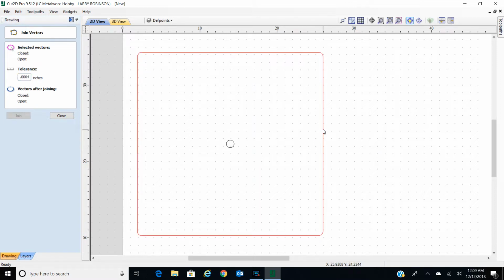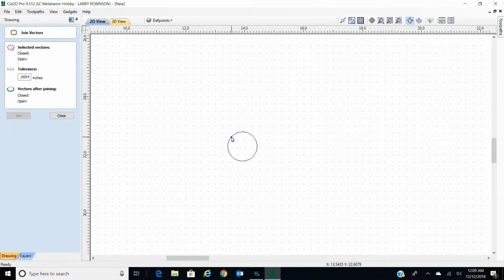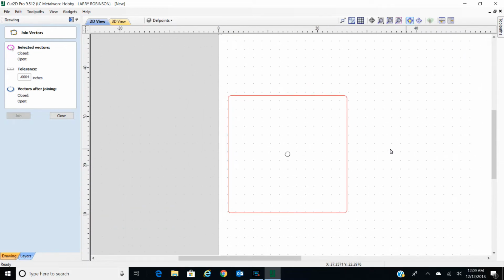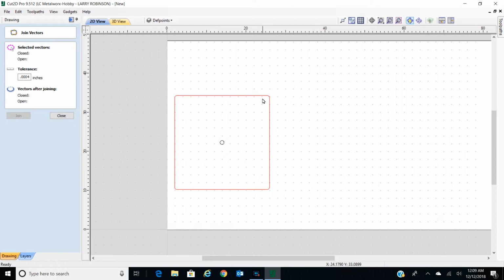Now see, if you click it, it'll all come on that layer, and then this is on a different layer, so it's not connected to that, so it wouldn't matter anyway if it wasn't on a different layer. This is all closed, and this would be a 1 closed vector, so you just click on that. Now to put that into